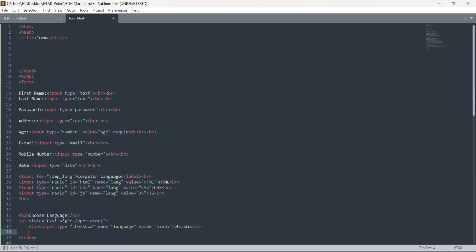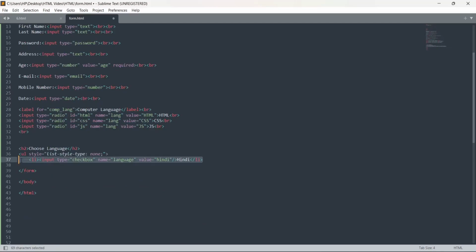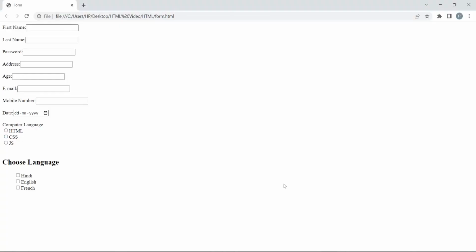Now same way I'm going to do for all of them. Two more languages I'll put. So I'll put here English. Let's put English here, and I'll put French here. Let me add the French word to get displayed. Let's save this and let's check the output. You can see I can select one or more. So you can select multiple